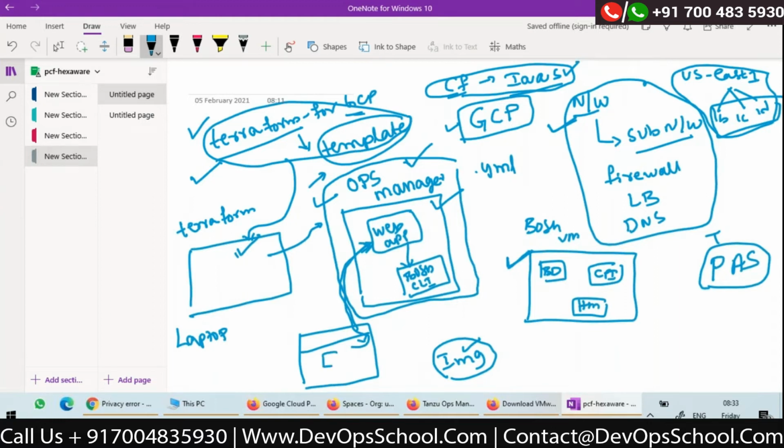So through the browser, I configured PAS, apply changes, the request will go to the web application. Based on whatever configuration I have done, it will create another new YML file, and using BOSH CLI, it will make a request to BOSH Director, and through BOSH Director, all the VMs are